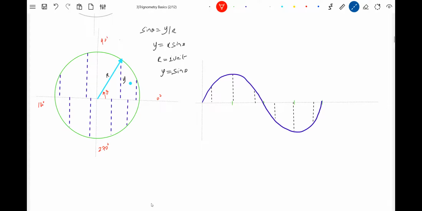And what is the x-axis you are taking? That is theta. You can write 90 degrees, this is 180, 270, 360 degrees. And the y-axis is the height of the triangle. So how y varies as you vary theta, what happens to the height of the triangle, is what we are showing, that we are putting graphically. So when theta equals 90 degrees, it becomes equal to 1. So I'm going to indicate there's a 1. This will be -1.